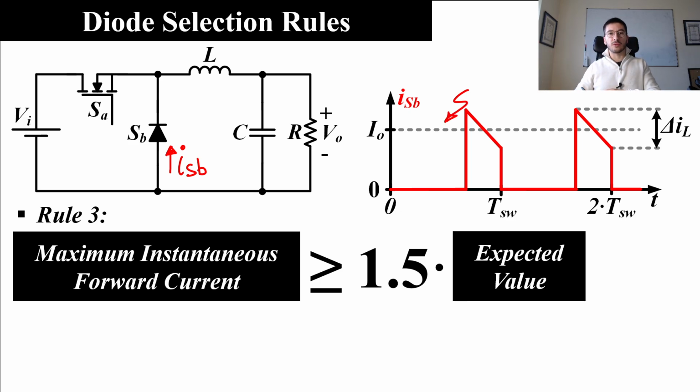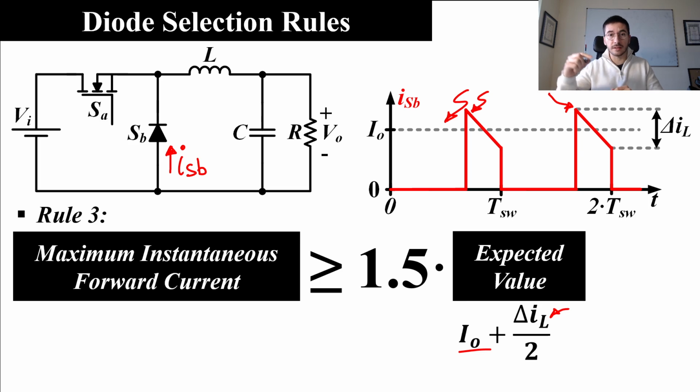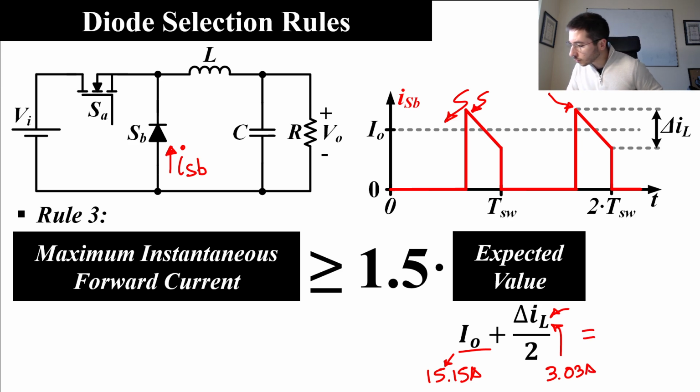In that video we already talked about the maximum values of this waveform, and we obtained that it is output current plus peak-to-peak current ripple through the inductor divided by 2. This value is 15.15 amps. This quantity is 3.03 amps, and everything is equal to